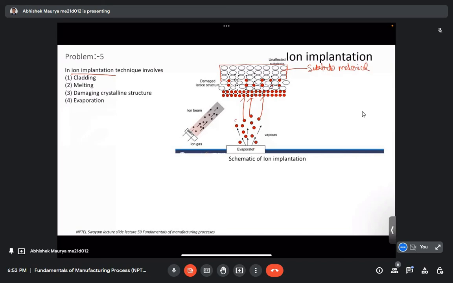So how is it then? First of all, the material which needs to be deposited, we bring into the gaseous form, or we try to convert the material into its atomic form. At the same time, we try to increase the velocity of these materials,